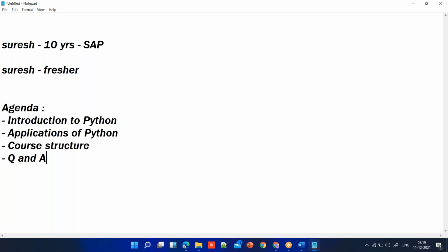So let's get started. Let's try to make this session as interactive as possible. Let's have some fun, rather than just a one-way talk. Before we jump onto these topics, I just want to ask you one question, guys. What is your motivation to learn Python? Since you have joined this demo, you are interested in Python. So what created that interest? I just wanted to know your reasons.